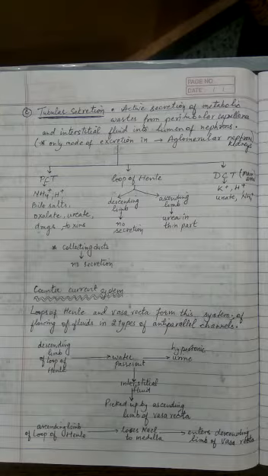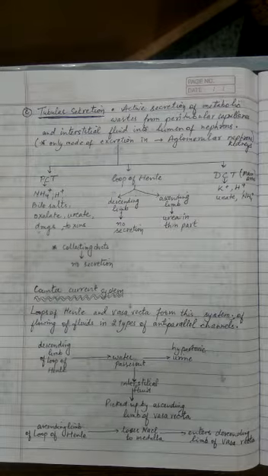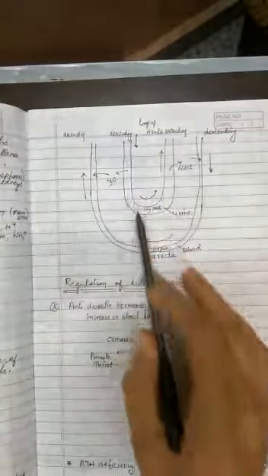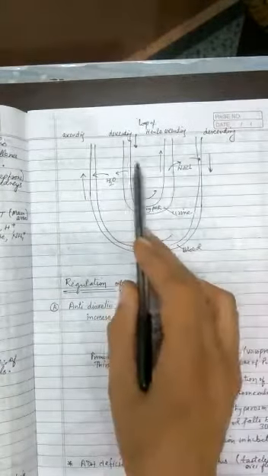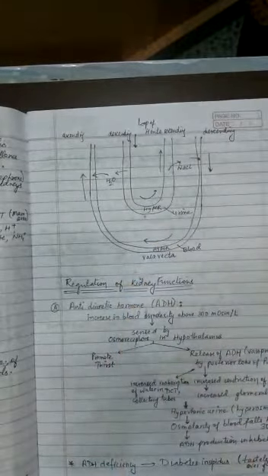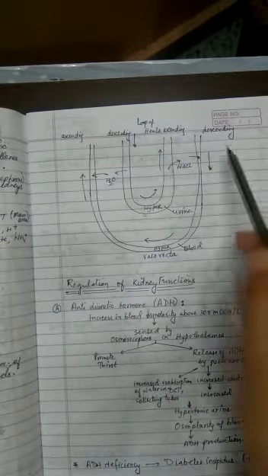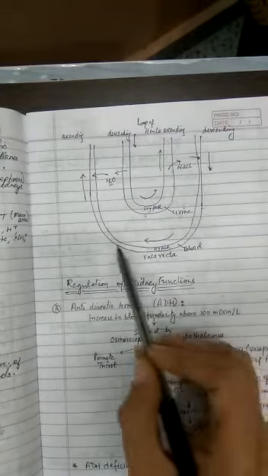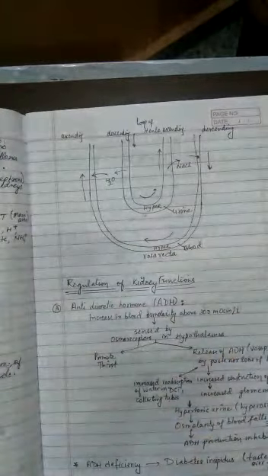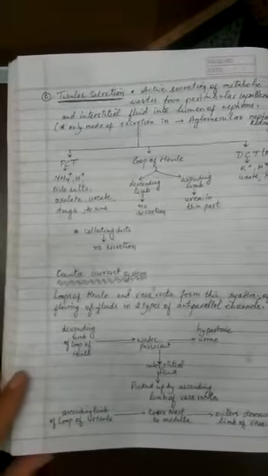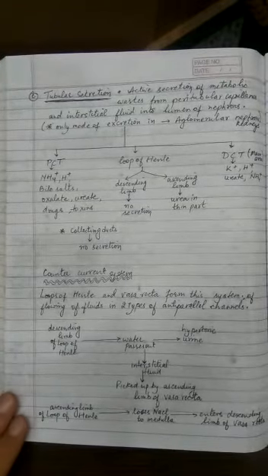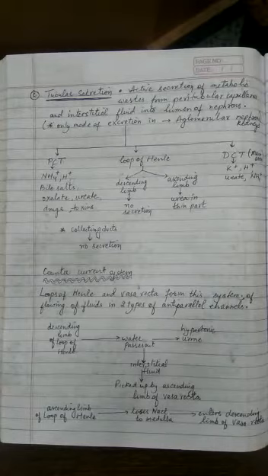Now the loop of Henle and vasa recta form the countercurrent system, because when you pay attention to this diagram, considering this as the loop of Henle, we can make out the urine or the filtrate goes down and goes up. So we can see that the two limbs carry movement of the fluid in the opposite direction. In the same manner, vasa recta has the movement again going in the opposite direction. So there are two countercurrents formed by the loop of Henle and vasa recta, and these structures are associated with the juxtamedullary nephrons, and they are responsible for making the urine hypertonic, or you can say concentrating